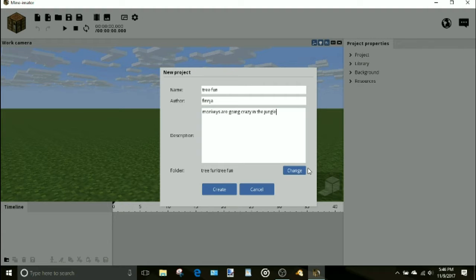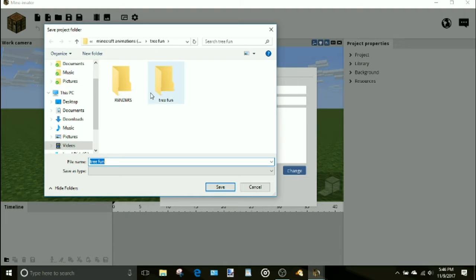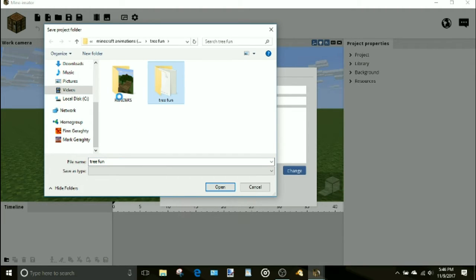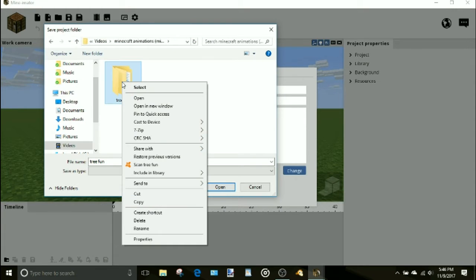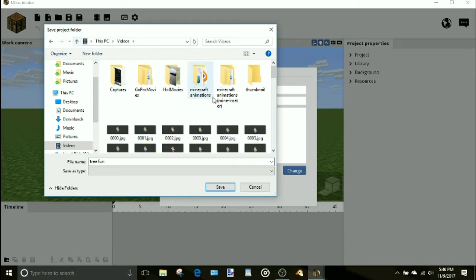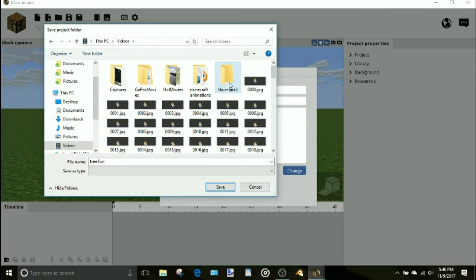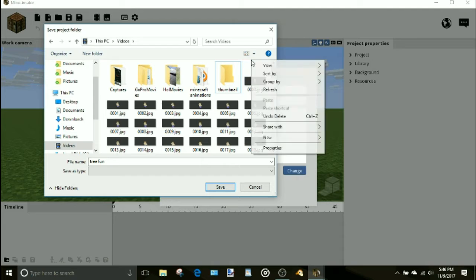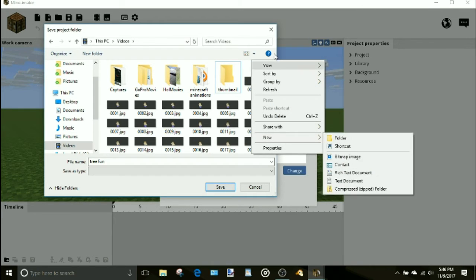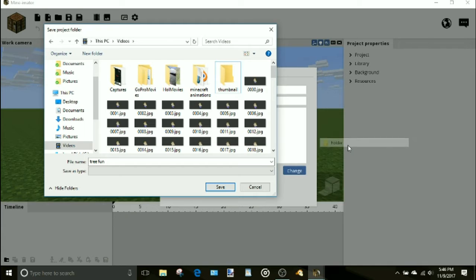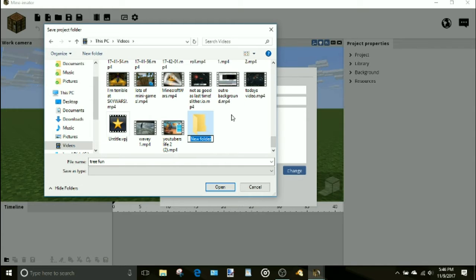Now the folder as well. I tried recording this video before, but it didn't really work, so I am going to have to delete the actual folder I made before, just to show this. So anyway, we're going to make a new folder. Right click somewhere, go to new, and then go to folder, and then we're going to call it